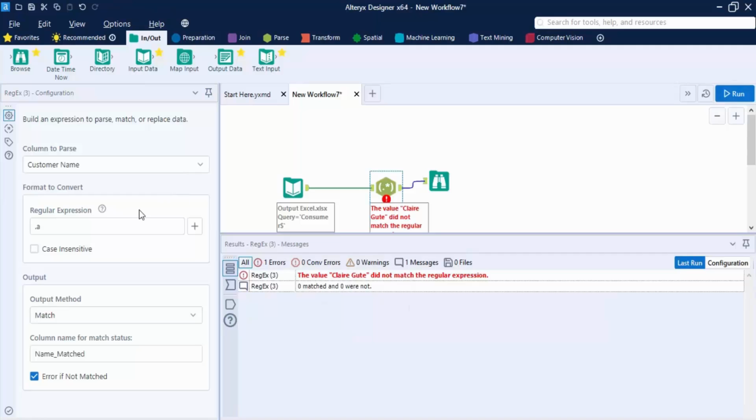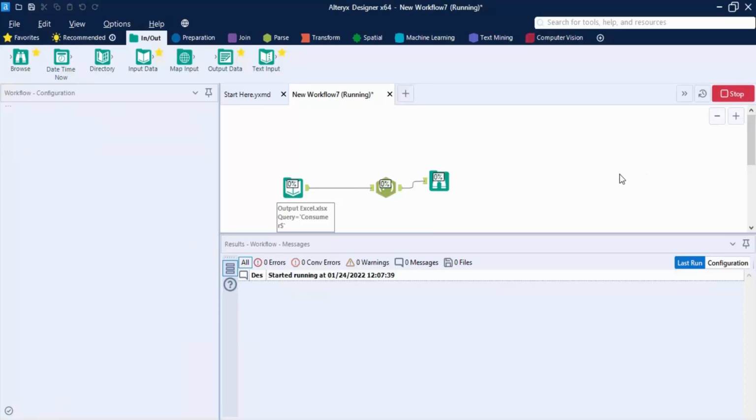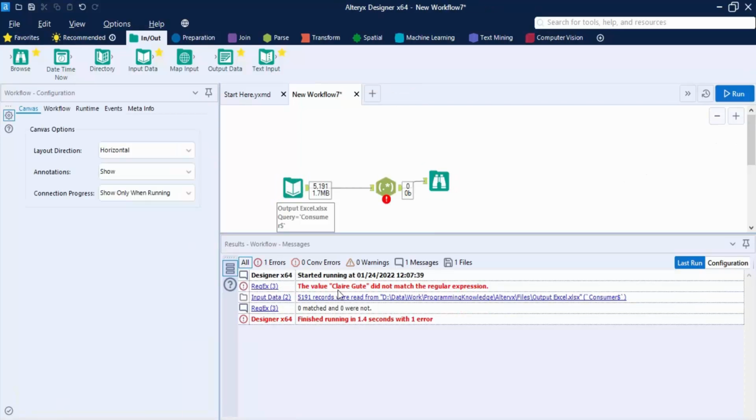So here what we have done is added A, and in this case check the option of error if not matched. So if there is no matching in the first record itself, then the error would be there. So let me just run it. So this is what we are getting as the error, because the first letter was not A, that is why it didn't match the expression and the error was there, and it has finished its running in just 1.4 seconds. Okay,